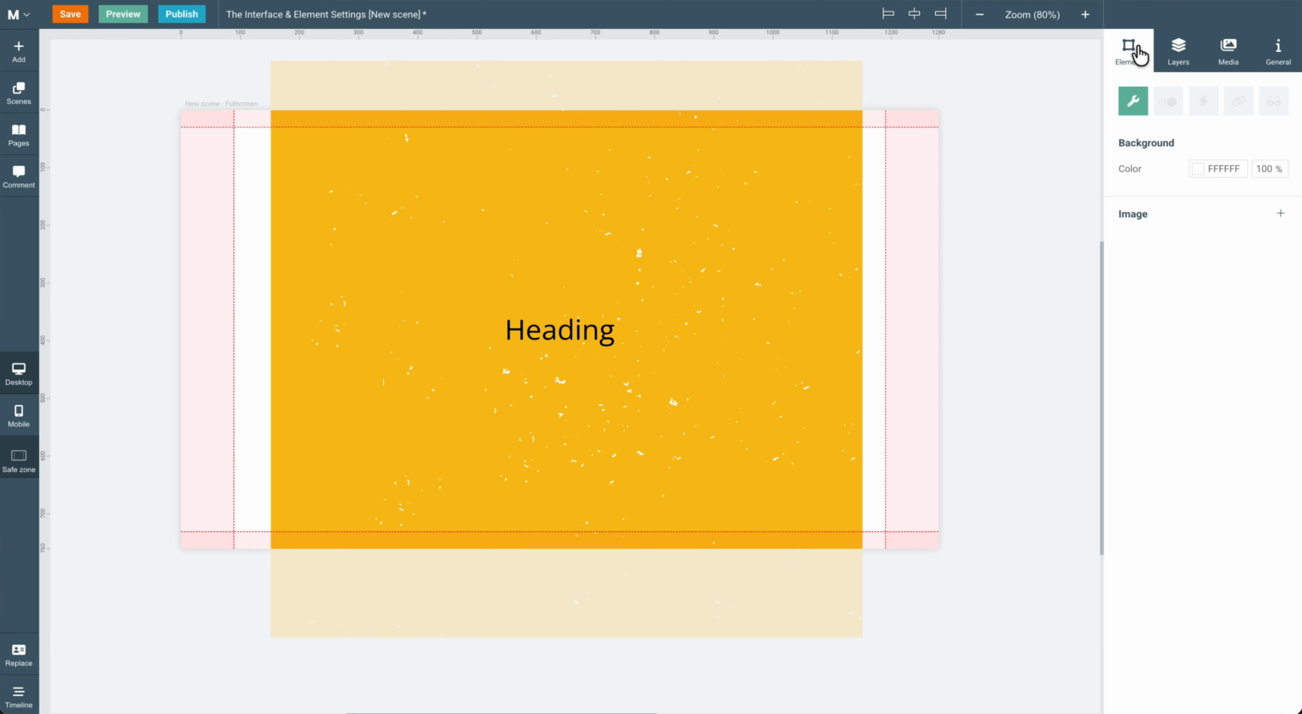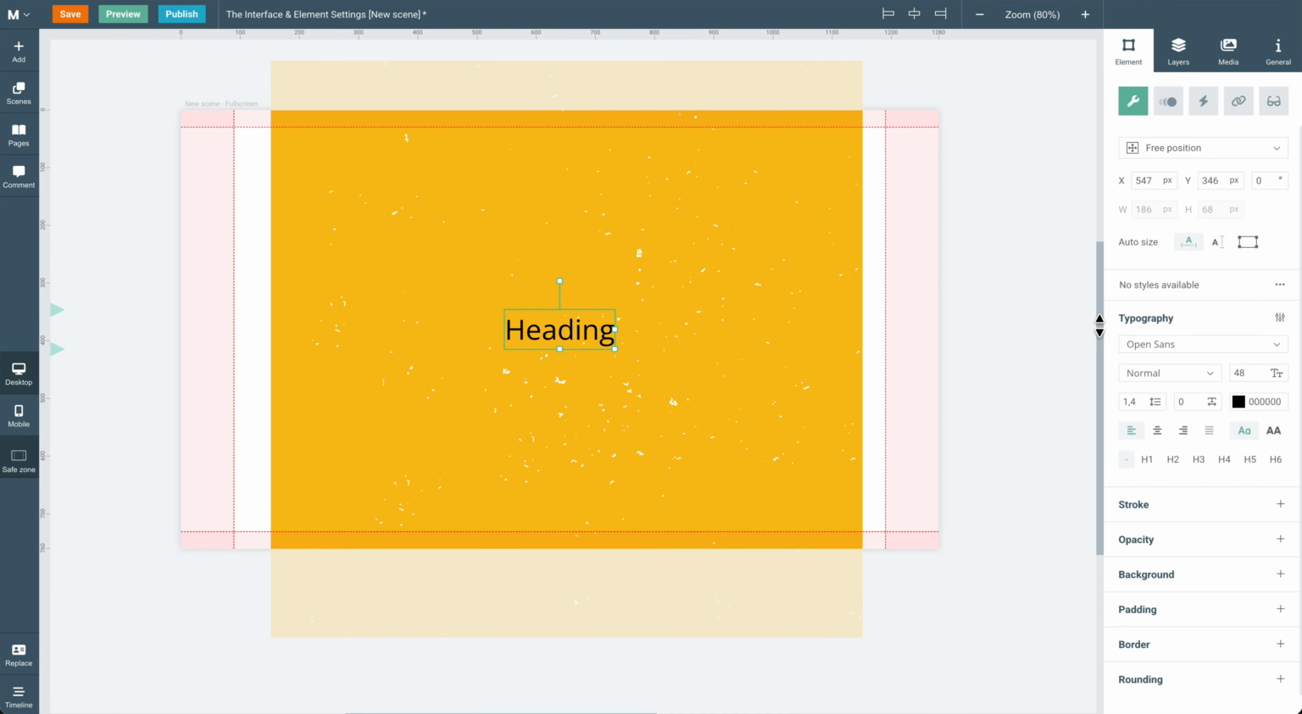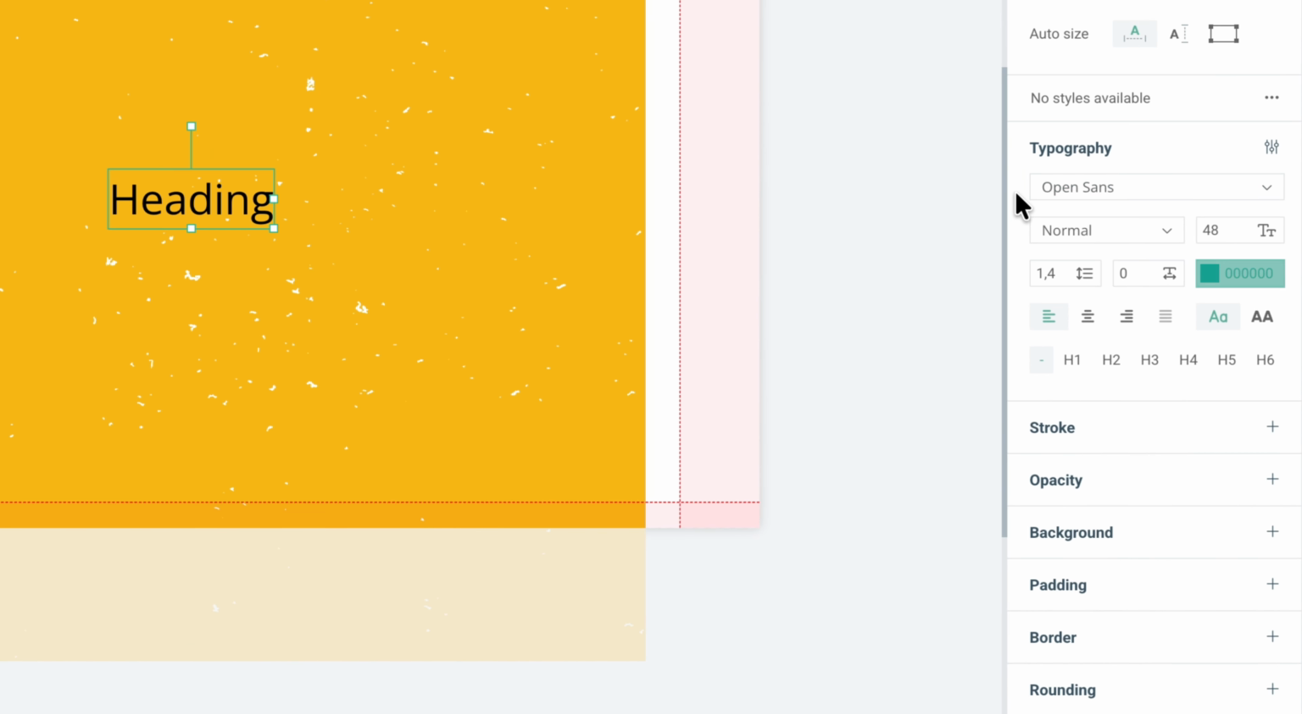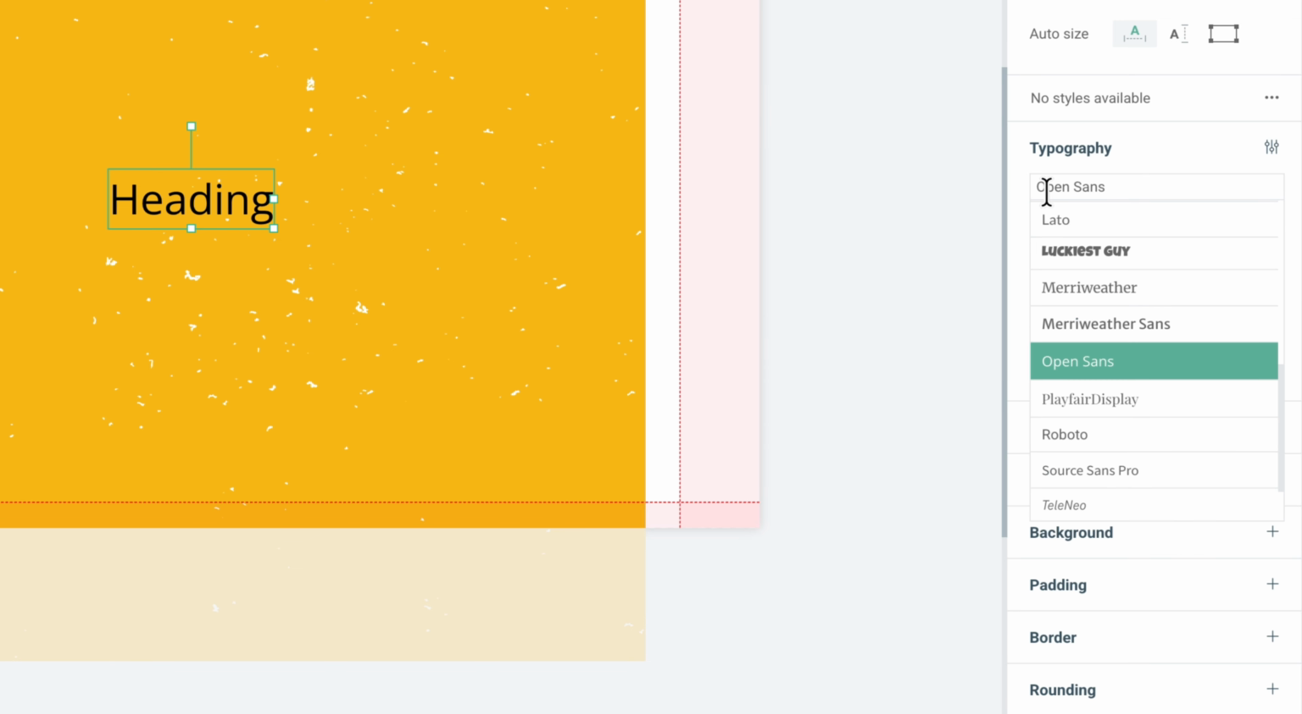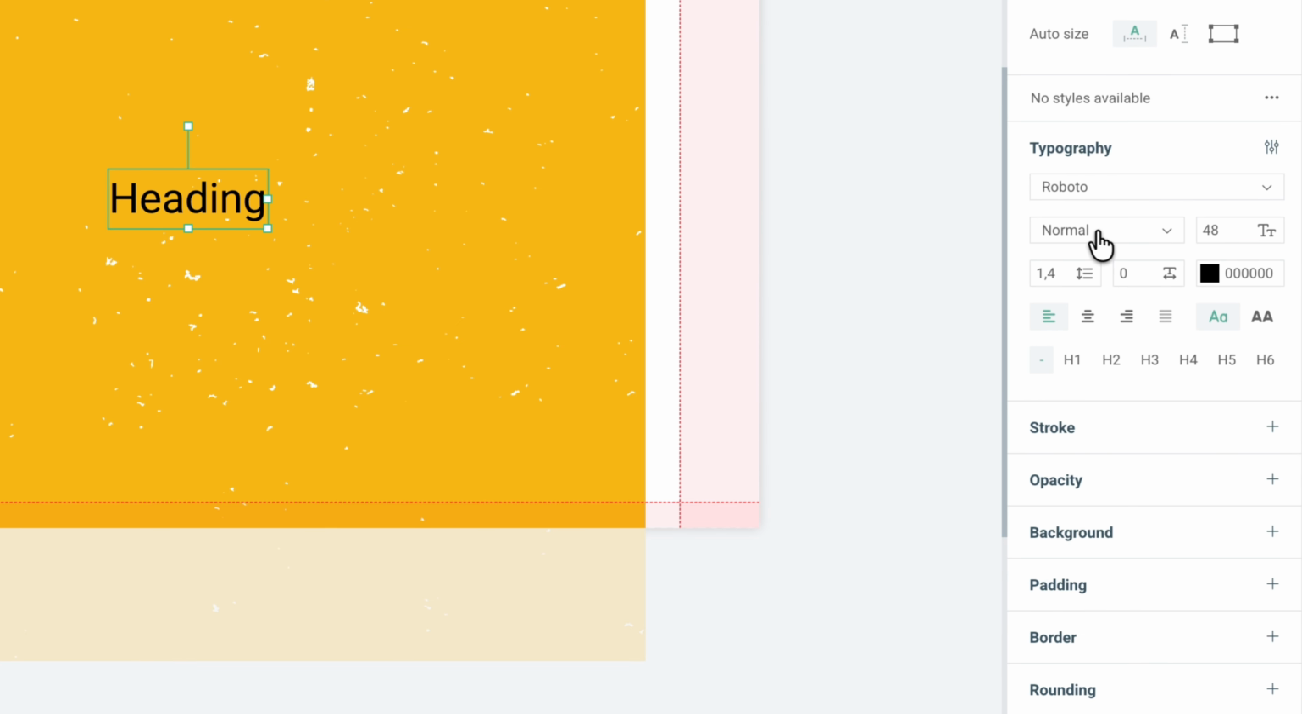Then, finally, the Elements panel. Maybe the most important one, as this holds all of the available settings for your selected elements. The first tab shows the general settings, which can be different depending on the type of element you have selected. So, with my heading selected, I can change the font, I can change the color, I can change the size. Let's set it to Roboto and black and set the size to 72 to make it more readable on top